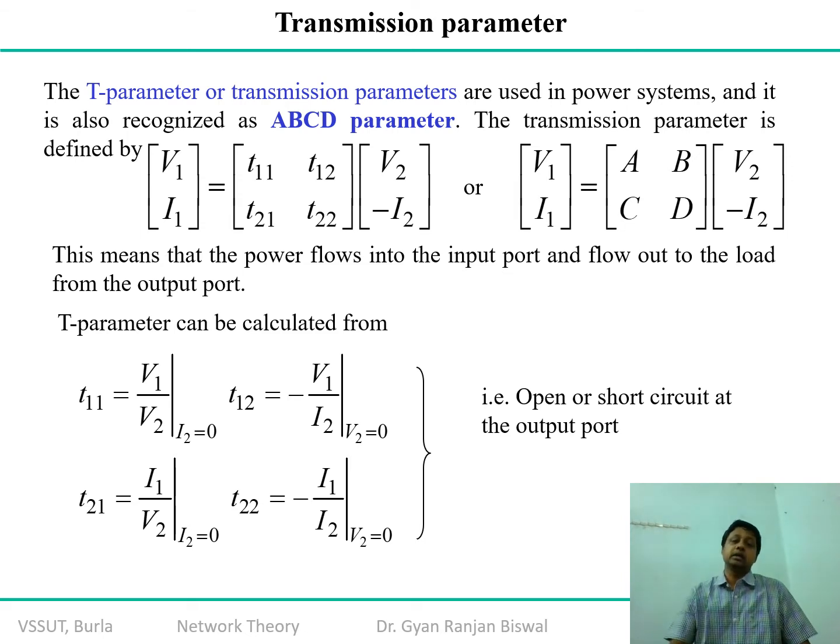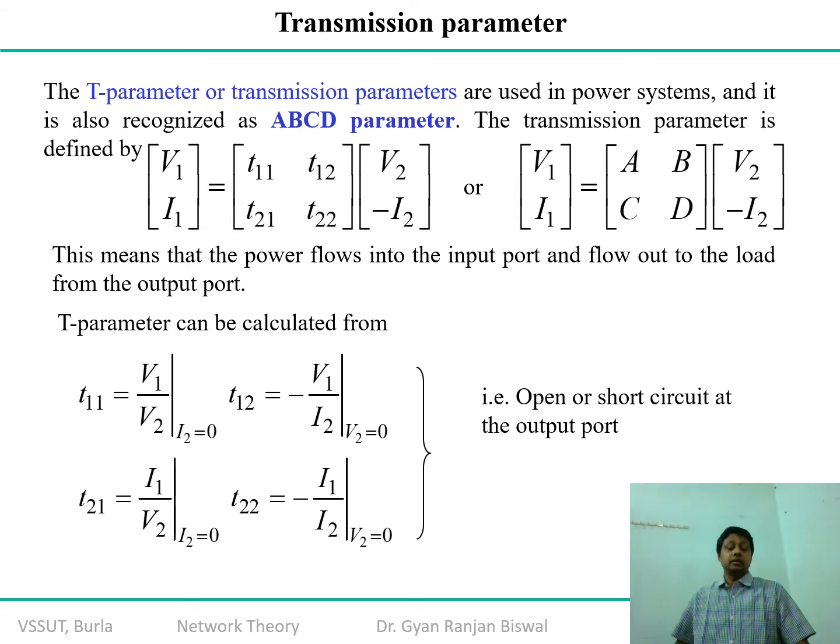That's why you are getting a negative sign with the I2 as far as the standard nomenclature is concerned, because in standard nomenclature we consider I2 inward, whereas in this case we consider it outward. So it is a 180 degree phase shift from your standard nomenclature. So as you can appreciate here, V1 and I1 are the dependent variables, whereas V2 and I2 are the known variables.